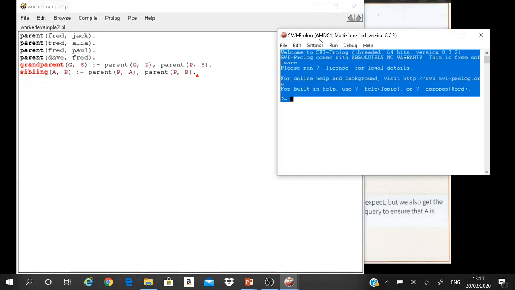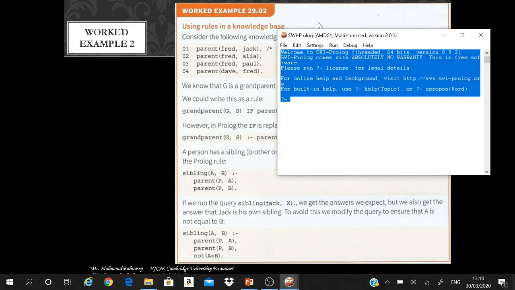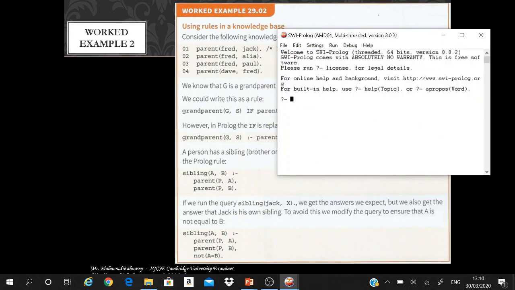Then we can close or keep it opened. Then we go consult that file. Then we write the query, which is sibling Jack, comma X. So what do you expect would be X? It should be Alia and Paul, but look what will happen when we press enter here. Jack is the sibling of Jack, which is